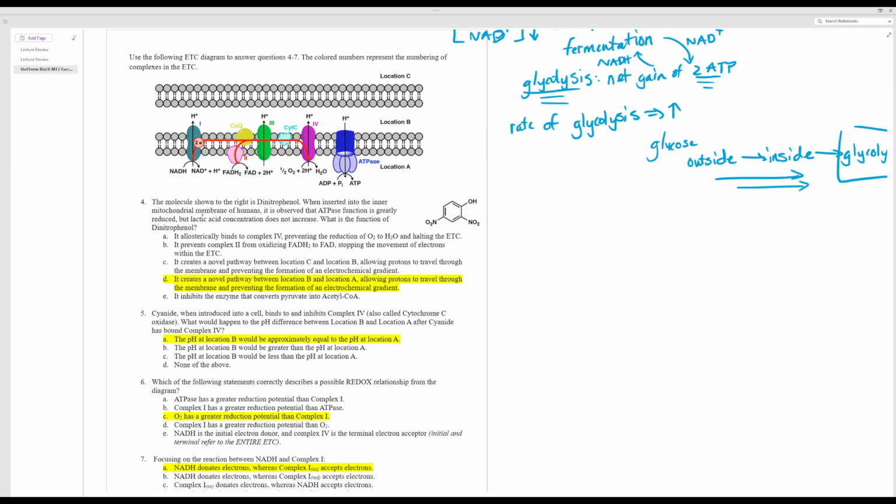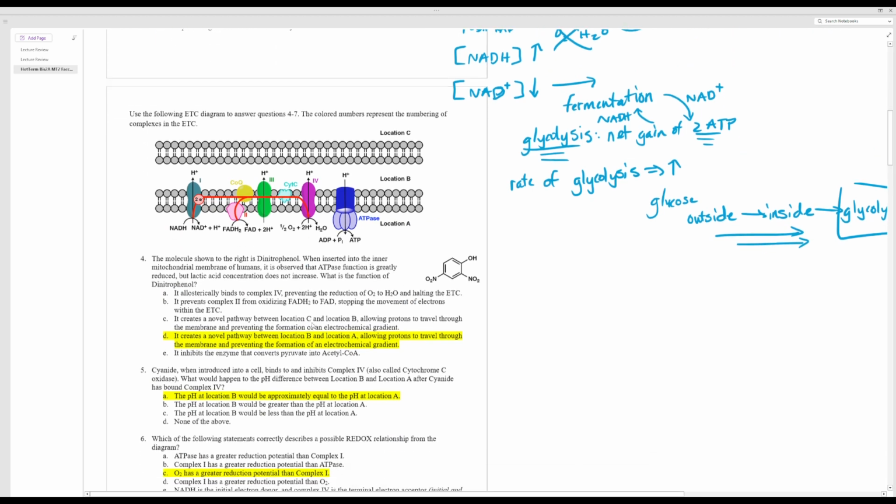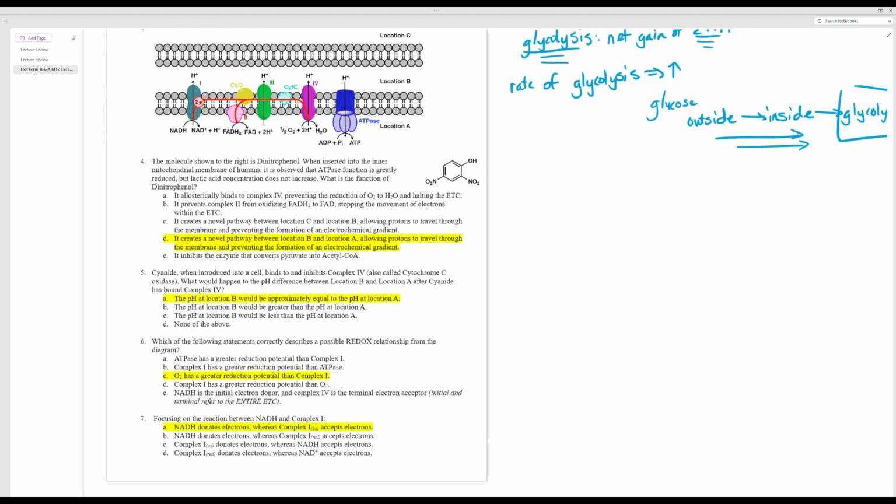When inserted into the inner mitochondrial membrane of humans, it is observed that ATPase function, aka this guy, is greatly reduced, but lactic acid concentration does not increase. So what it's saying is when we stick dinitrophenol inside the membrane, ATP synthase function more or less stops. Okay, so this is inhibited, but we do not see any lactic acid concentration increasing, meaning that fermentation